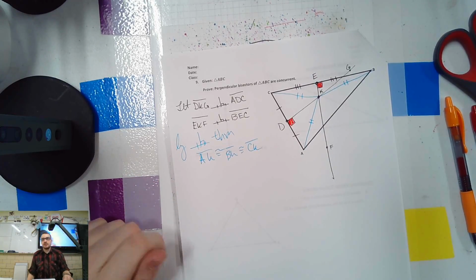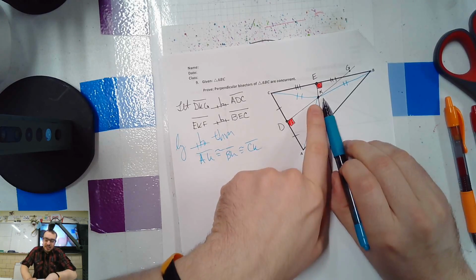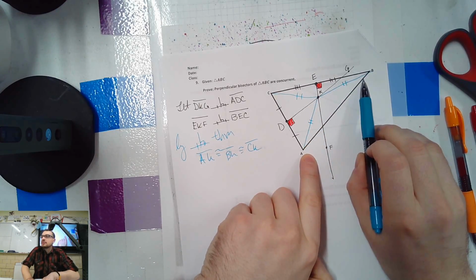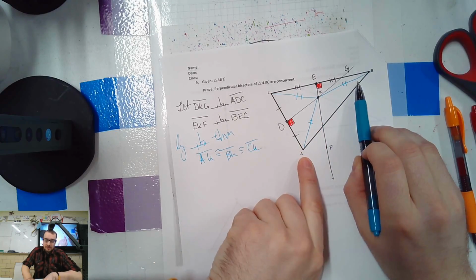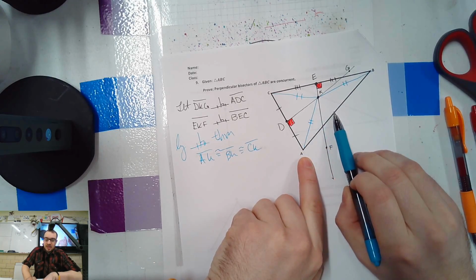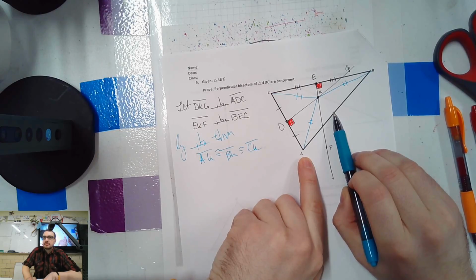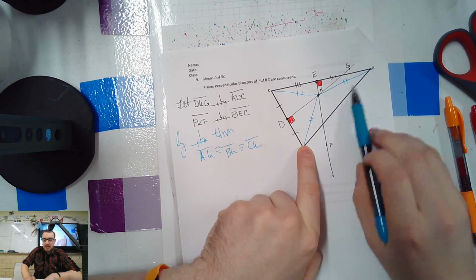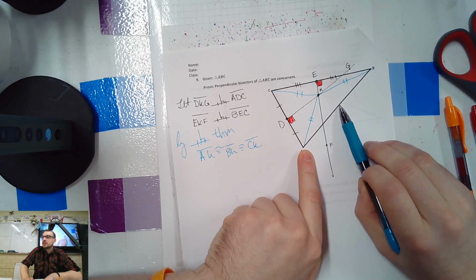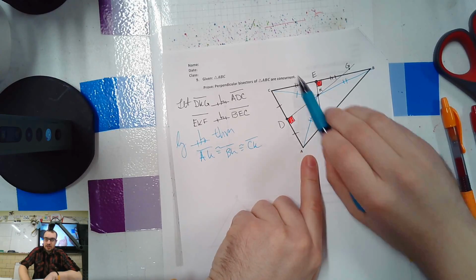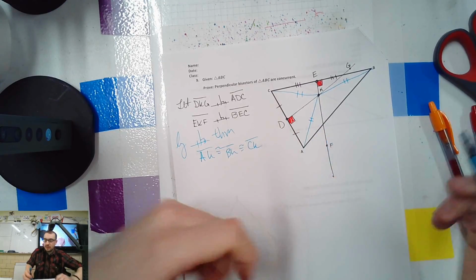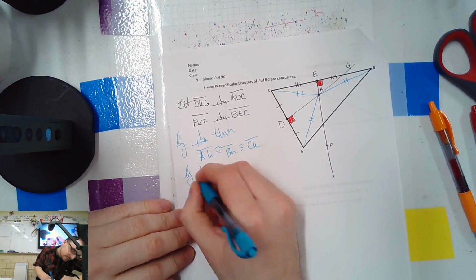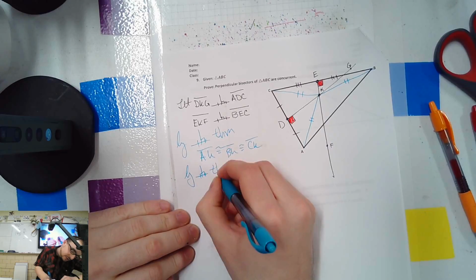Now, by the converse of the perpendicular bisector theorem, if K is equidistant from B and A, doesn't that mean that K is on BA's perpendicular bisector? Right? If it's equidistant from the endpoints, it must be on this guy's perpendicular bisector. Well, if it's on this guy's perpendicular bisector, and it's already on the other two, they're concurrent. So by perpendicular bisector theorem converse,